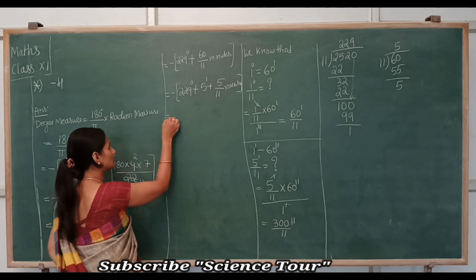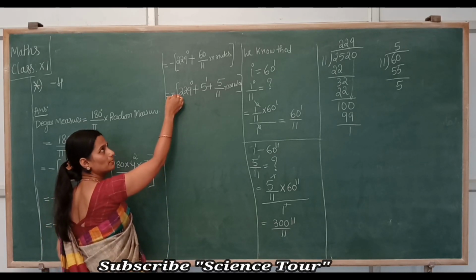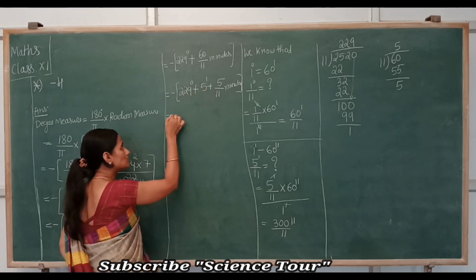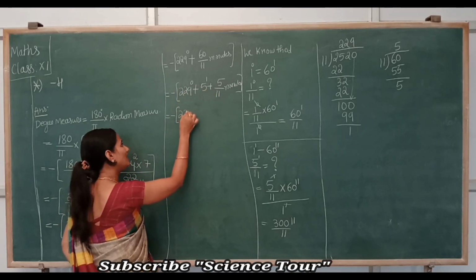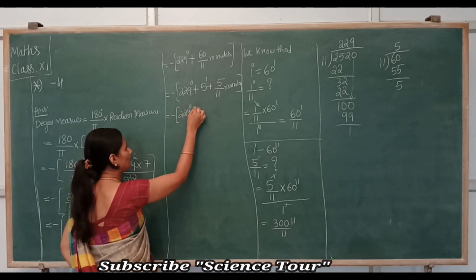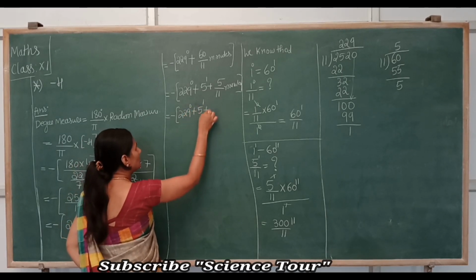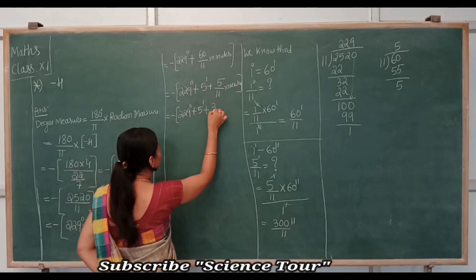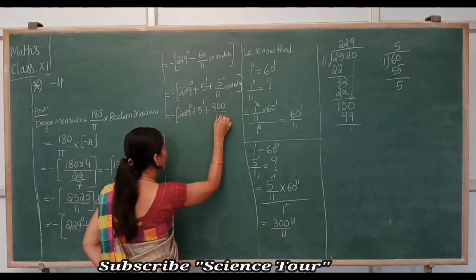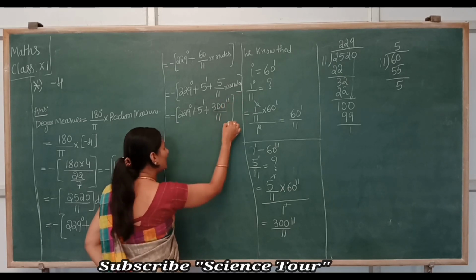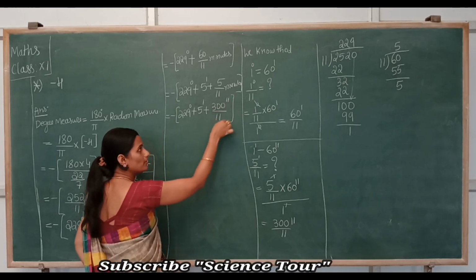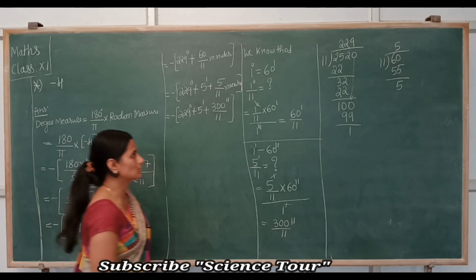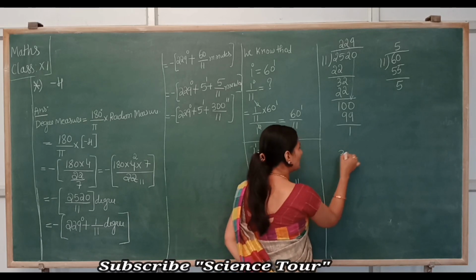So now that is equal to, that only I told you to keep minus outside, otherwise we will get confused with this plus and minus. So now minus 229 degree plus 5 minutes, and this 5 by 11 minute is converted to second, that is 300 divided by 11 seconds. Again in a second there should not be any fraction, correct? So first remove this fraction.